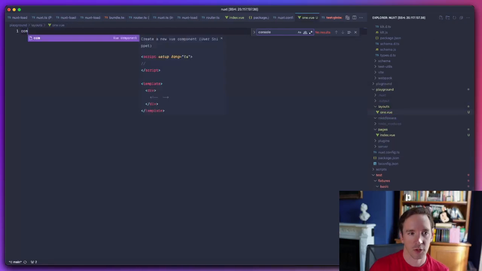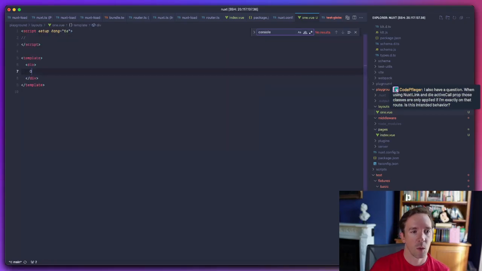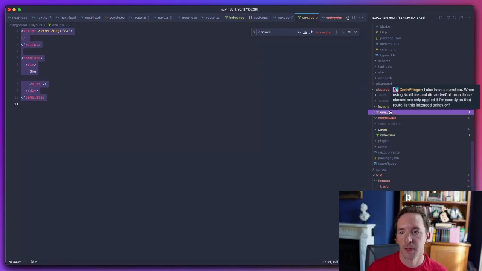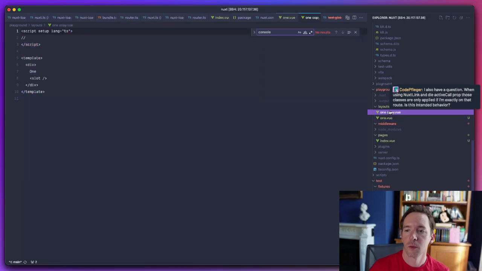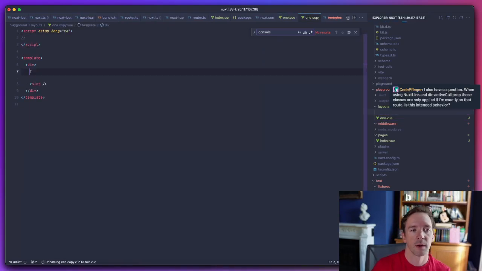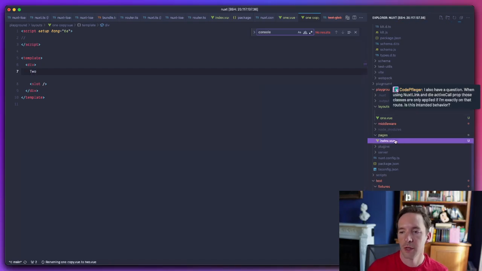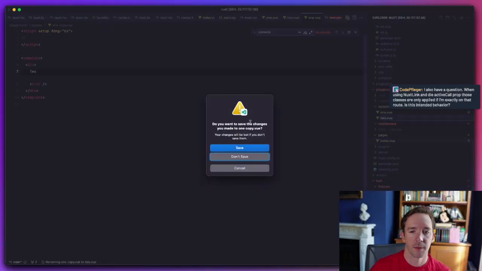and this one is going to just say 1 slot and we have got 2 and it has 2, and in the page we have got